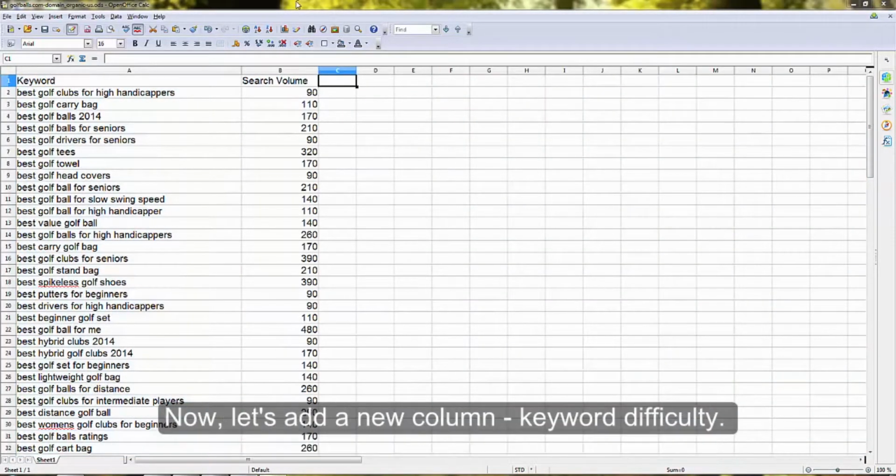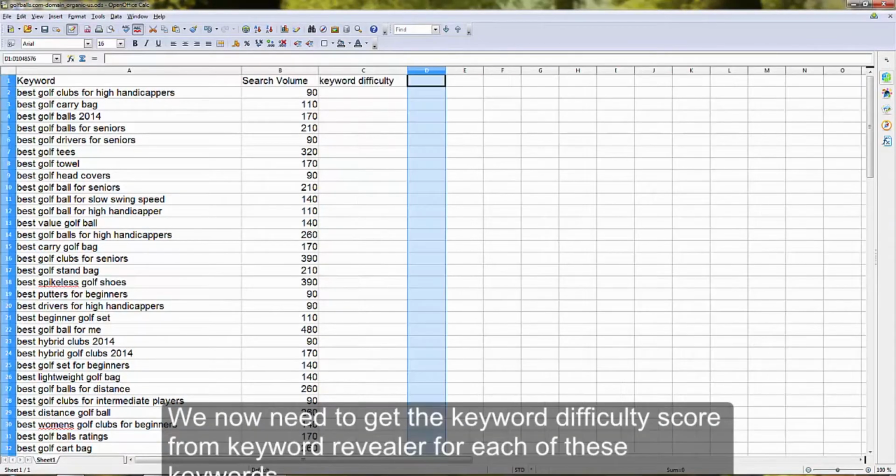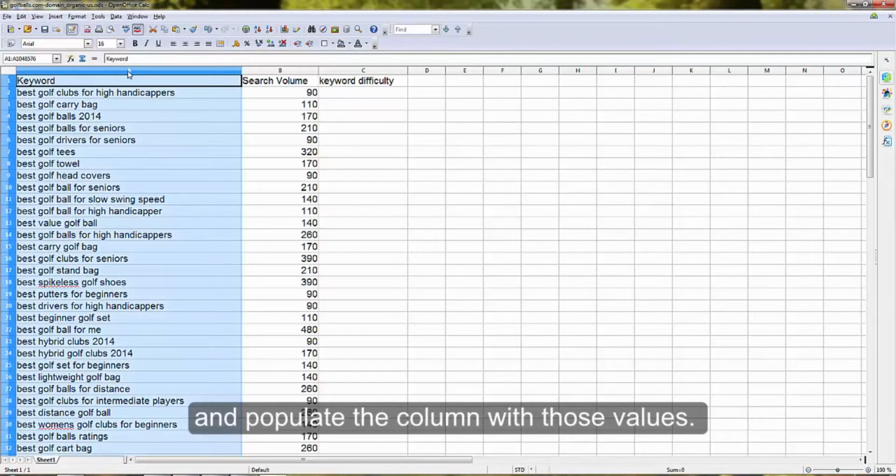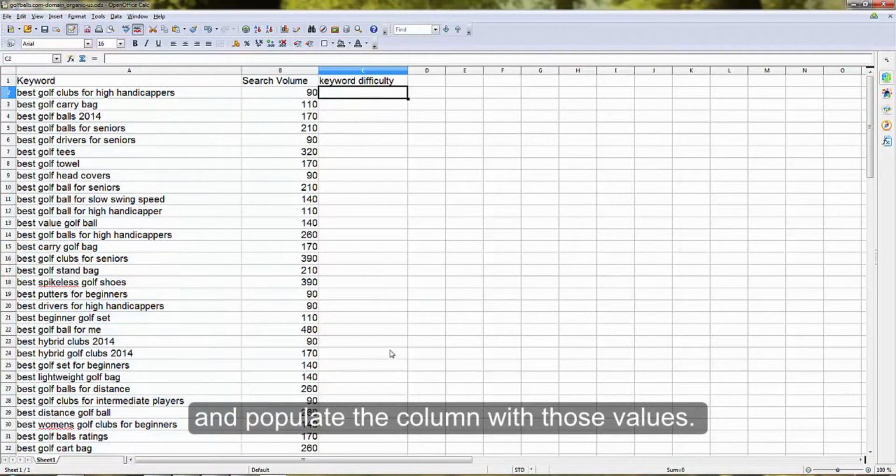Now, let's add a new column, keyword difficulty. We now need to get the keyword difficulty score from Keyword Revealer for each of these keywords and populate the keyword difficulty column with those values.